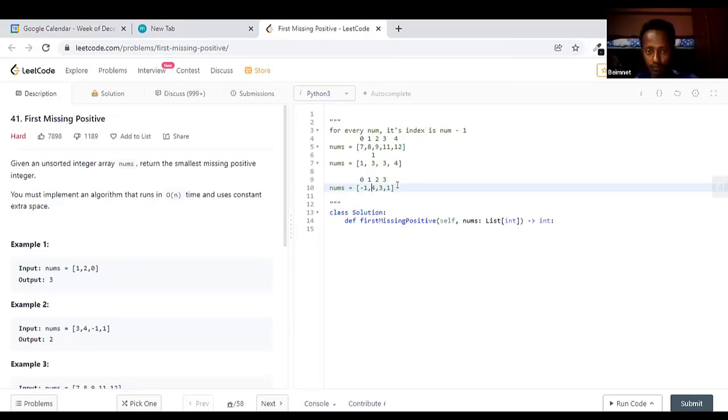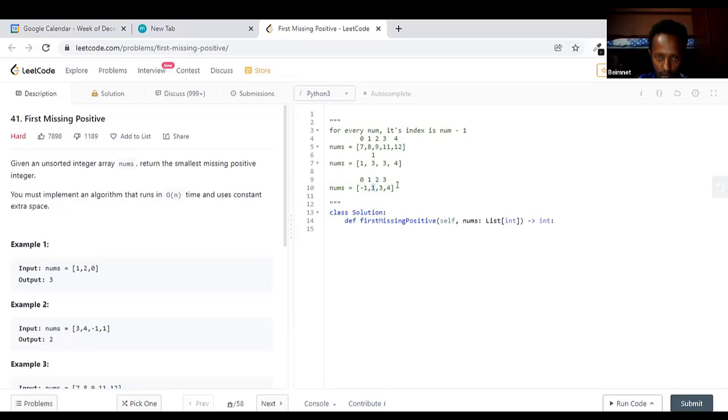And in the second case, I have 4, and the correct position for 4 is index 3. So I'll swap the 2 indexes, and the result will be like this. I won't leave the current place until I have a number that is out of bound or negative, or until I have matched the indexes. So here